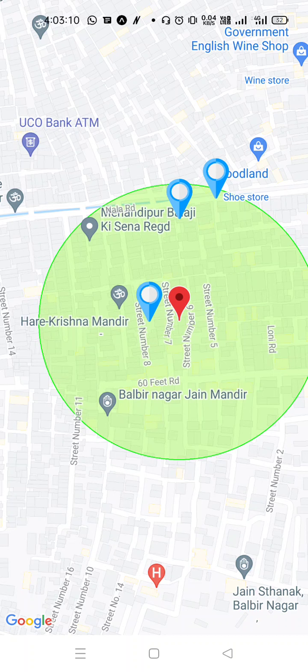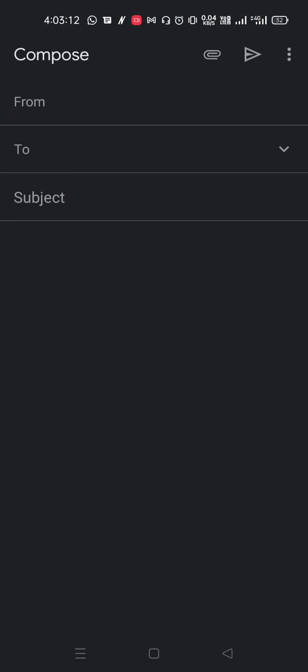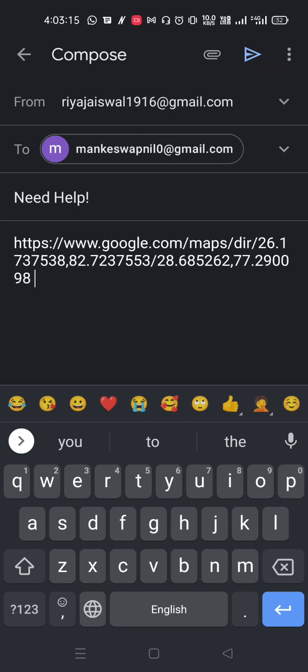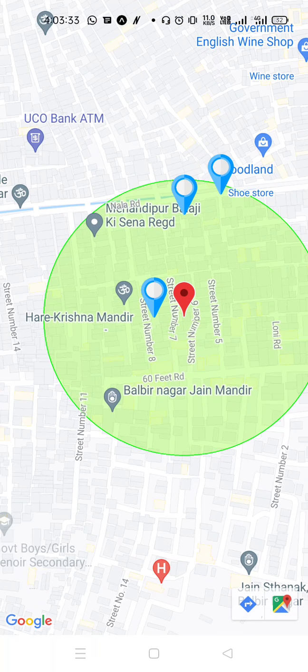By clicking on a marker, you will be able to send a mail directly to our volunteer for help. Like I am typing, I am in trouble, please help me, and I have sent it to one of my volunteers.